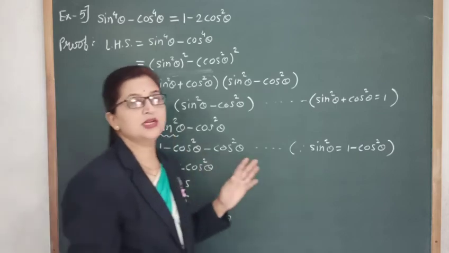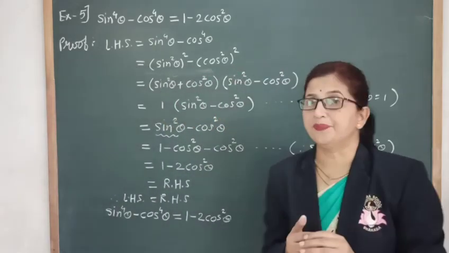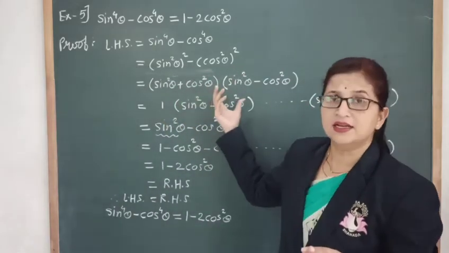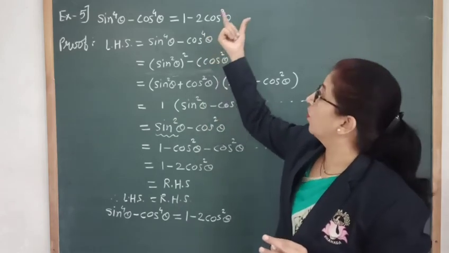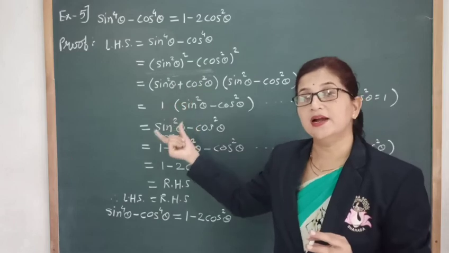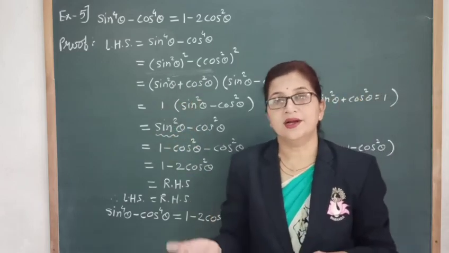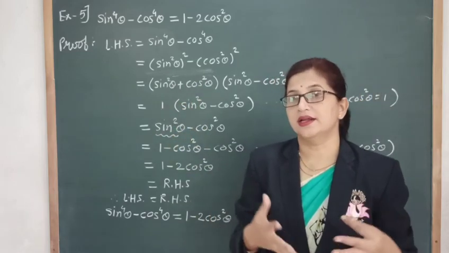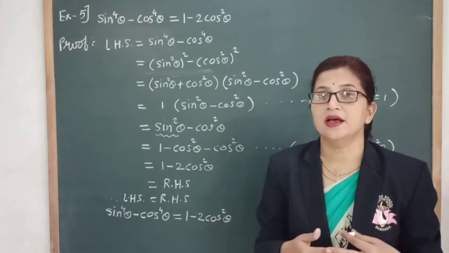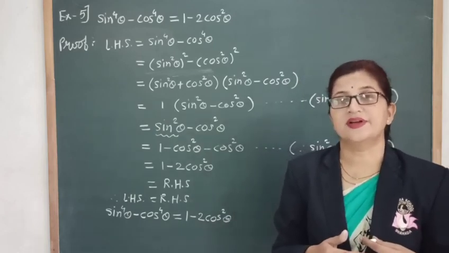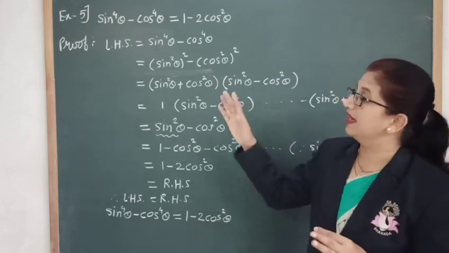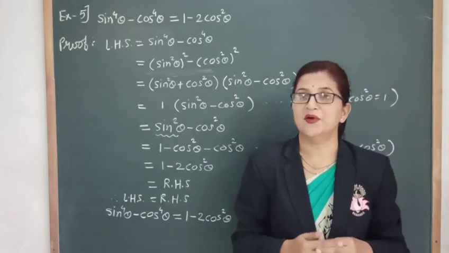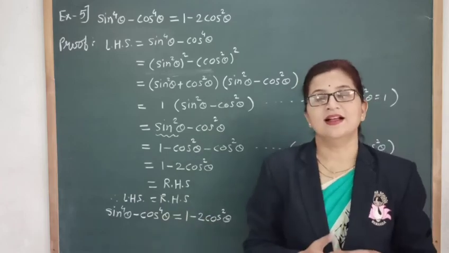Okay, so dear students, here you have seen how to change the terms. It depends upon the RHS. According to what we need in the RHS, we have to use either the trigonometric identity or the relation between the trigonometric ratios. Okay. So in this video, we solved some examples and we tried to show the LHS is equal to RHS. I hope all these examples are clear to you.